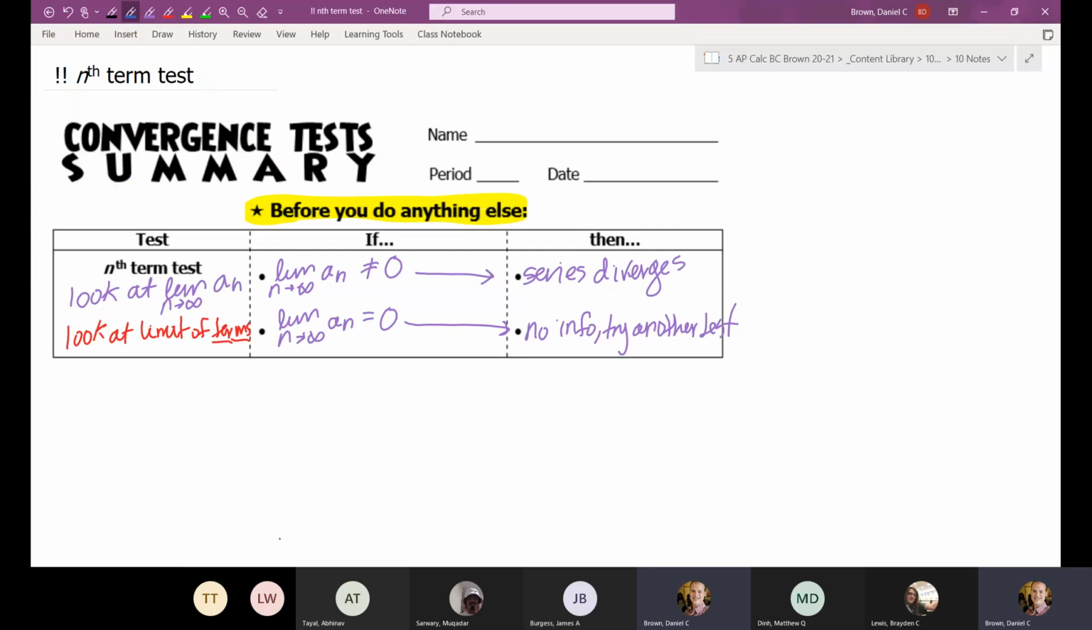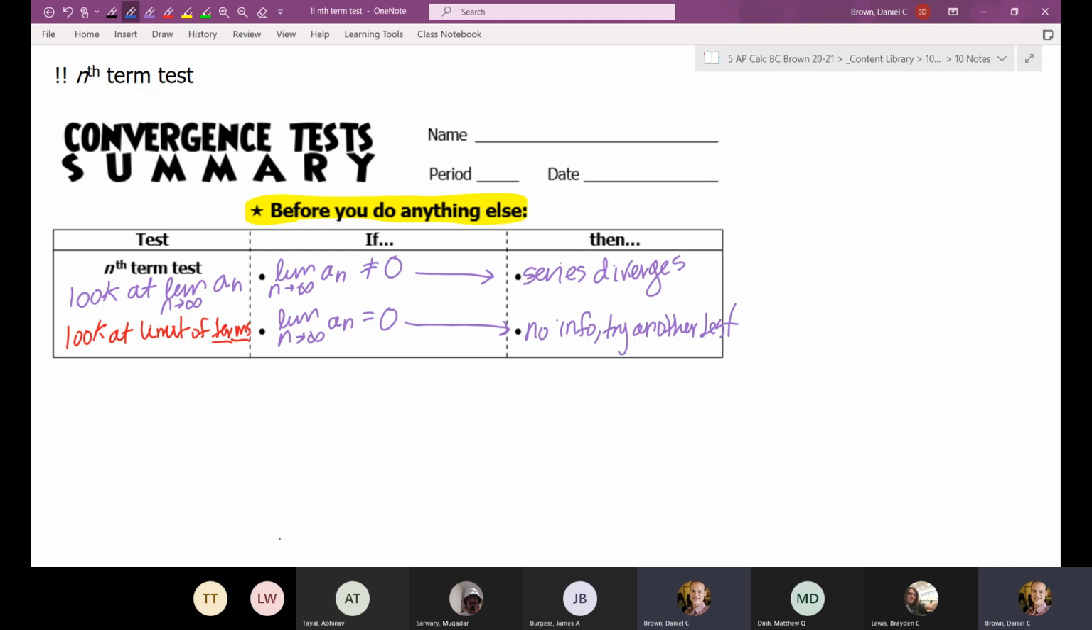Each day we're going to be learning one or two more tests for convergence. Everything we're doing is building. I want us to keep in mind and review each day all the tests that we have learned up until that point. For today we've only learned so far one convergence test, and that is the nth term test, which is